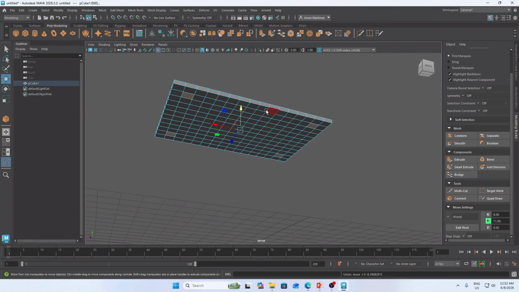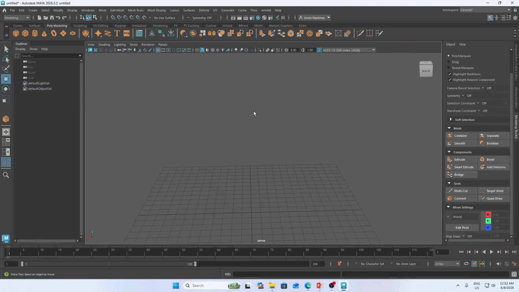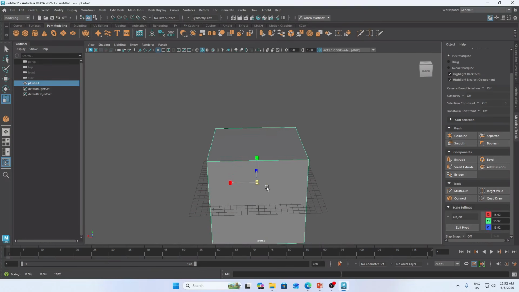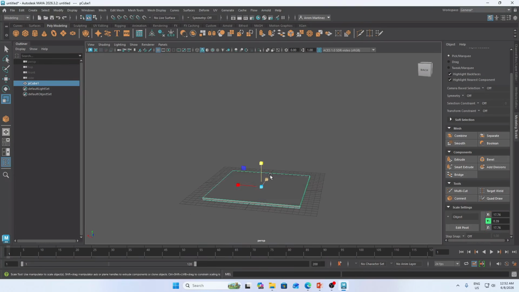So let me repeat the procedure that I performed earlier. Okay, I place here a cube. I enlarge it. I flatten it. I use the scale tool for this one.